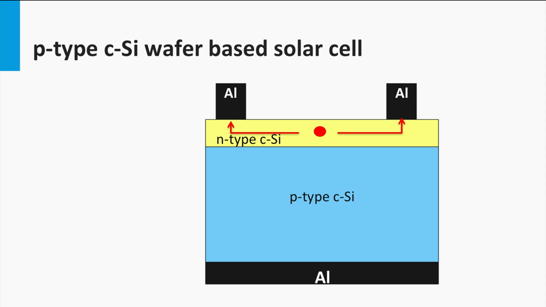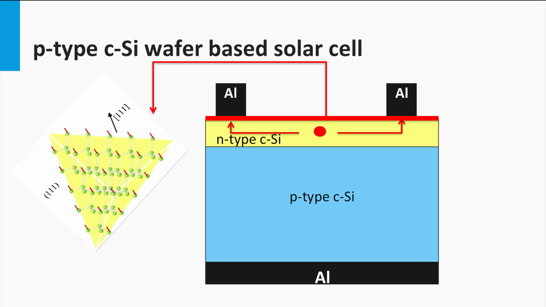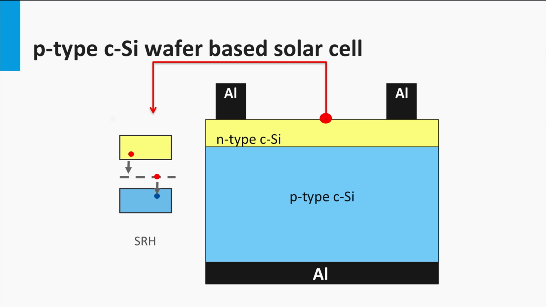Let's consider Shockley-Read-Hall recombination. A bare crystalline silicon surface contains many defects. The surface silicon atoms have some valence electrons which cannot make a molecular orbital with the absent neighboring atoms. These valence orbitals containing only one electron at the surface act like defects, also called dangling bonds. At these defects, the charge carriers can recombine through the Shockley-Read-Hall process. The probability and speed at which charge carriers can recombine is usually expressed in terms of the surface recombination velocity.